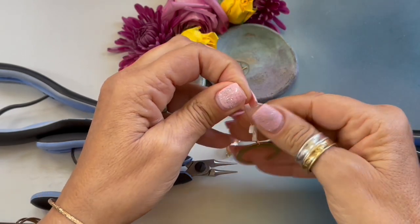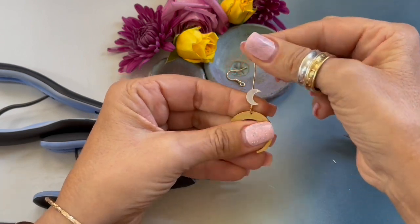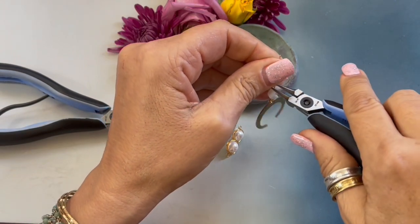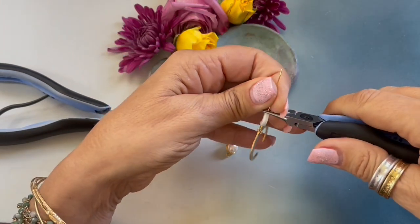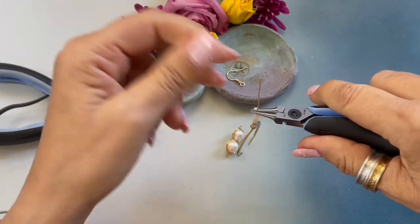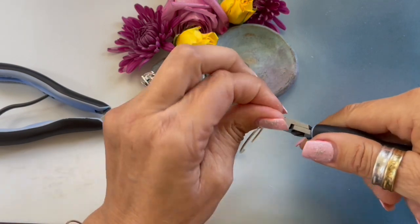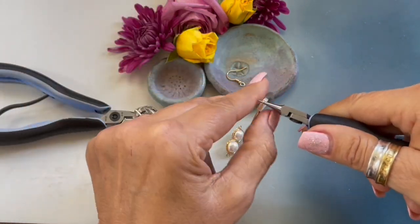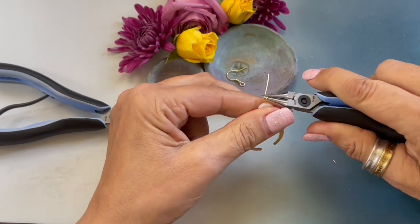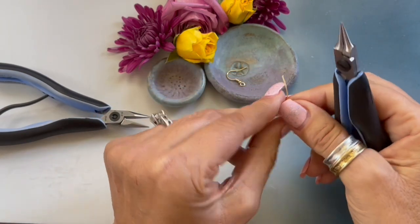crescent moon, and we're going to string that moon down. We are going to form a partial wrapped loop. So we're placing our round nose pliers there. We're going to bend the wire back, move the pliers up, bend the wire towards us, move the pliers to the side, bend the wire back, and we're going to remove it,